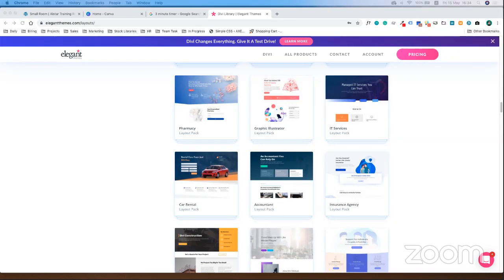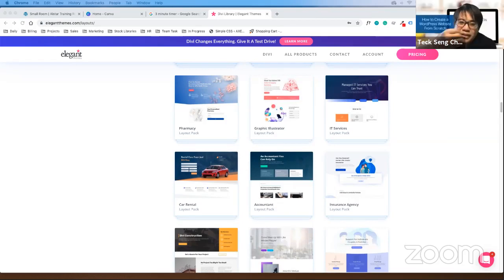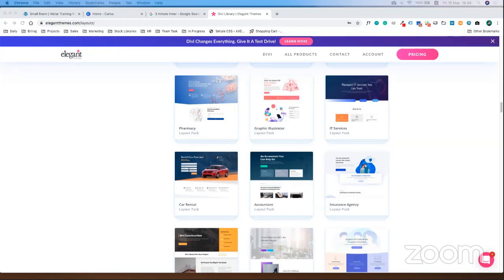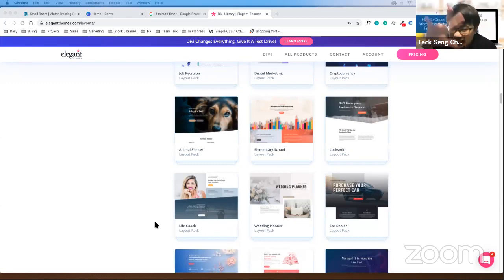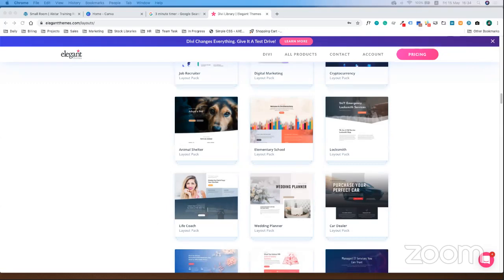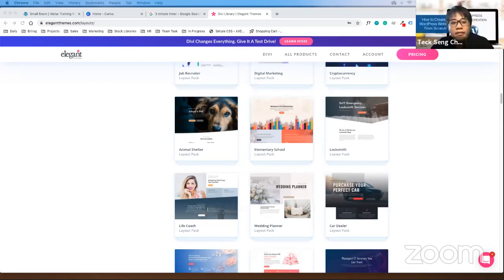The DV theme's own layout is not very nice, so they made a lot of layouts for you to use. Is it difficult to use the layouts? I'll show you now. I teach you from scratch.